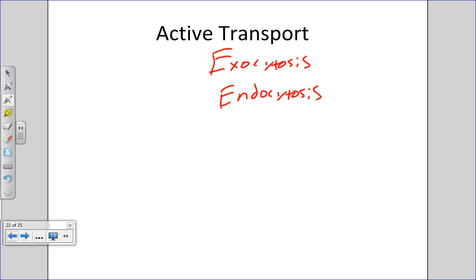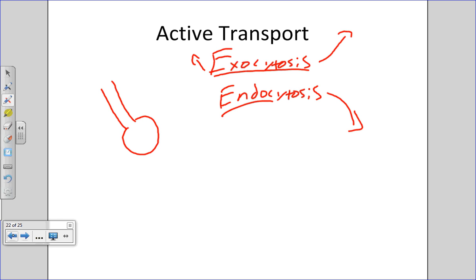Okay, so we're talking about exocytosis. Think of exo as out, external, and endo as internal, within. So we're moving a large amount of something out of the cell, or a large amount of something into the cell. Okay, and basically with exocytosis, a very common example of that, let's say we're talking about the release of